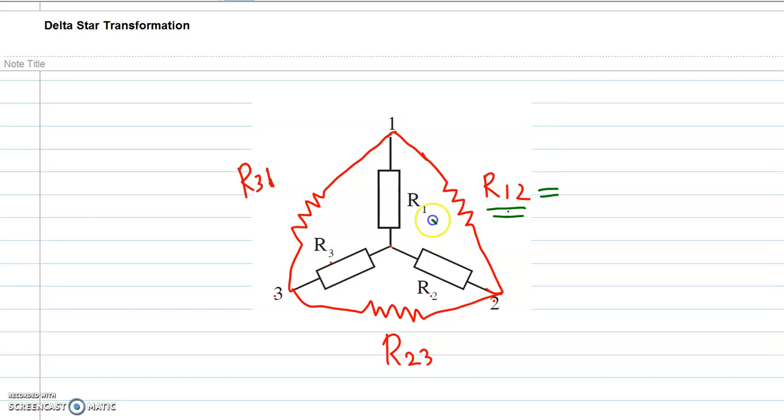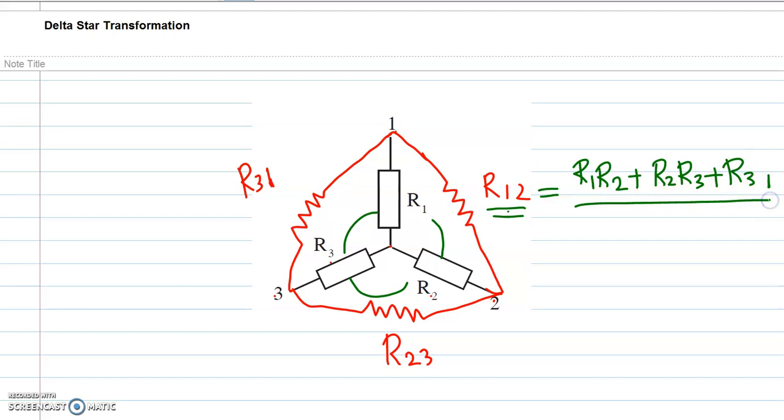So it will be R1 R2 plus R2 R3 plus R3 R1. So you take the sum of the products of the adjacent resistances in the star network, divided by